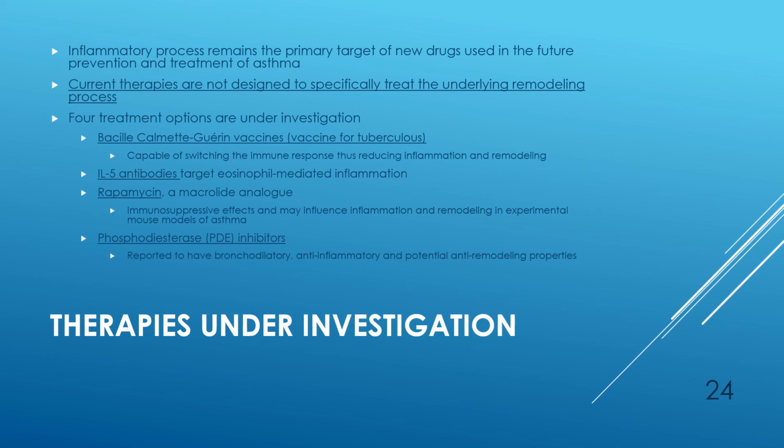Another targeted research is interleukin-5 antibodies, and basically what they do is they target the eosinophil, especially eosinophil-mediated inflammation, and there have been some good studies showing that it's been working rather well. And finally, we get into roxithromycin, which is a macrolide analog, basically an antibiotic, and they found that this antibiotic actually has immunosuppressive effects and can influence inflammation and remodeling. They've done some studies with mice and other animals, and I believe they're moving into human trials, but again,